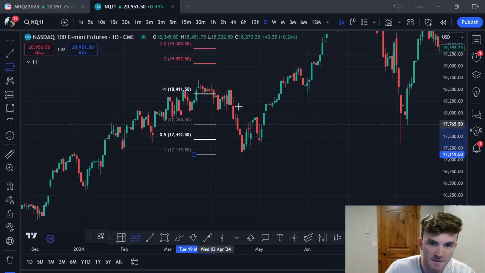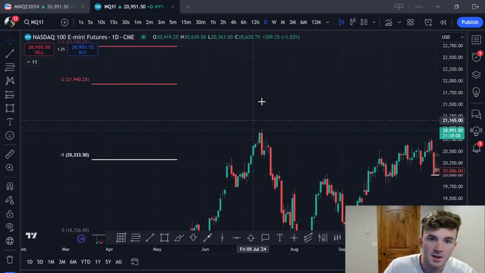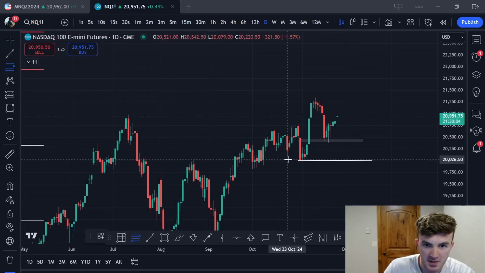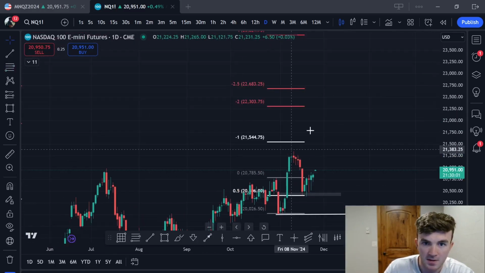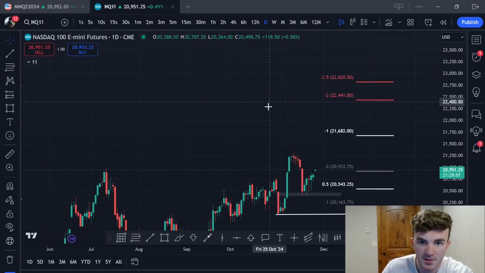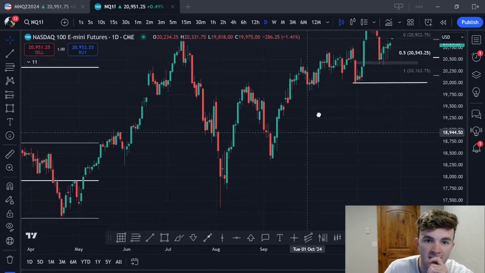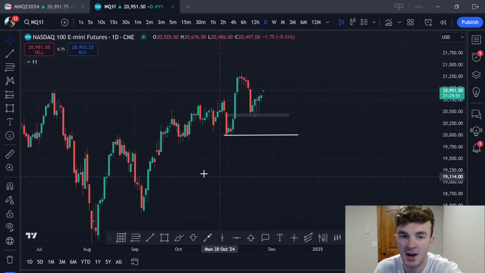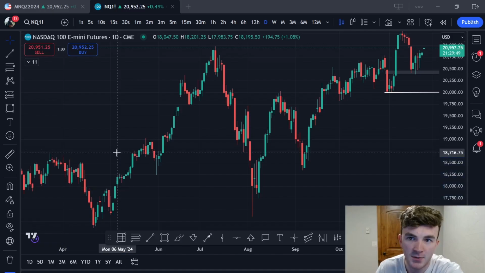If I measure this out, it's showing we could still go a bit higher, and if I measure out this manipulation here, I got that 2 and 2.5 in that same area. So the idea being, I'm not totally convinced we have to go down and take that out just yet,